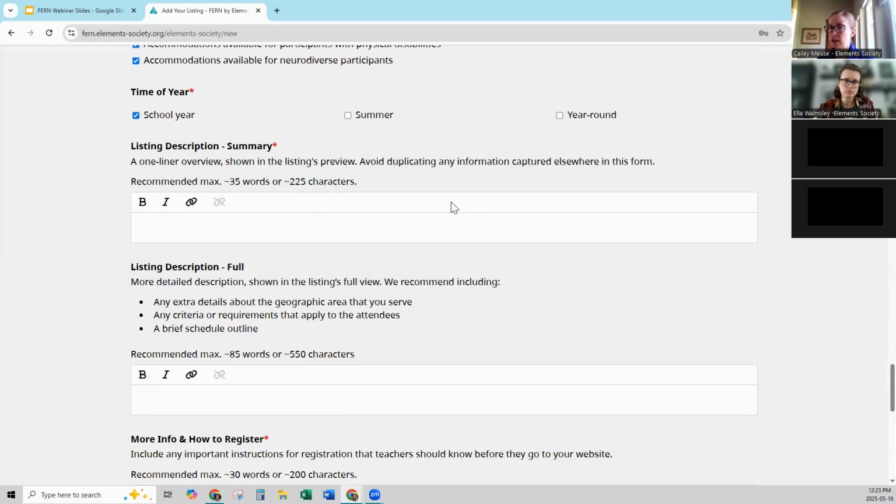And then time of year, again, a couple other options here. And then listing description. This is the big section here. This is your time to give an overall one-liner overview in 35 words or less. This is the snapshot, the elevator pitch for your resource or program. So you're going to put your couple of sentences here,